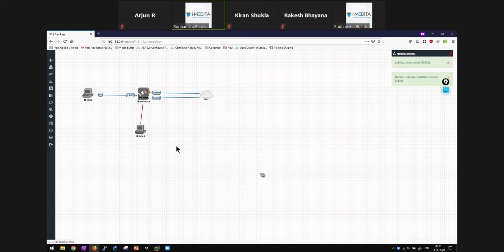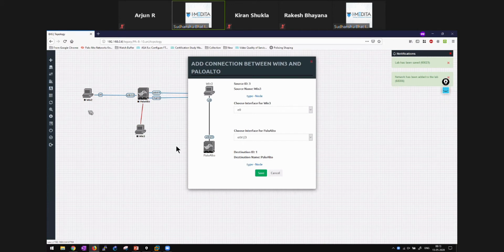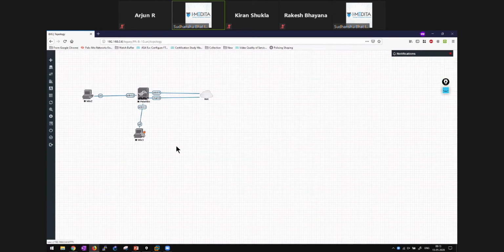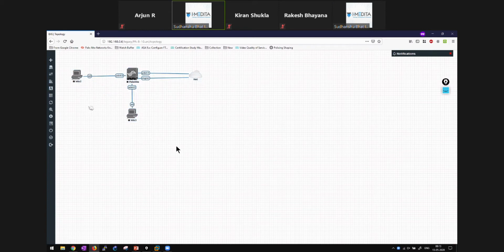I'm not using everything right now. For now I'm just booting this Palo Alto. I don't need everything else. Also, one more thing with EVE, it's not exactly like GNS. Whatever you need to plug in, you have to do beforehand, and then you can utilize it.